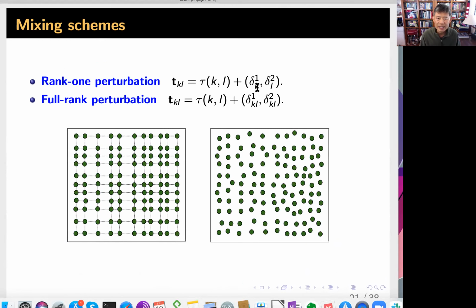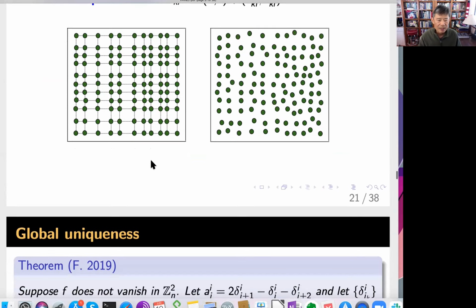You only have one index. Here you can perturb it with the 2 indices, okay? So this is a rank 1 perturbation, okay? This is a full rank perturbation. So you basically perturb your raster scan, and then